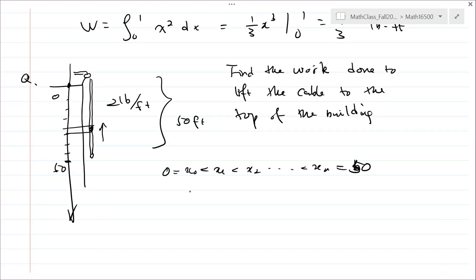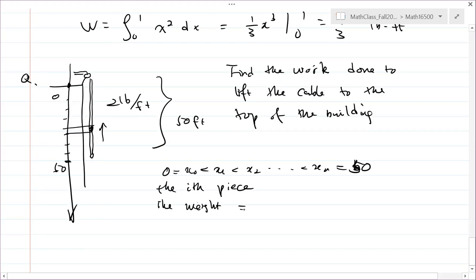Of course, we're not going to cut the cable. We just imagine this cable consists of many pieces. It's no difference. And for the ith piece, the weight is going to be